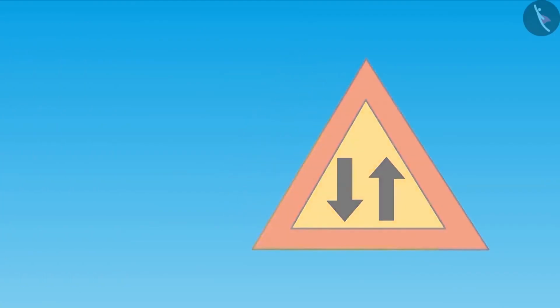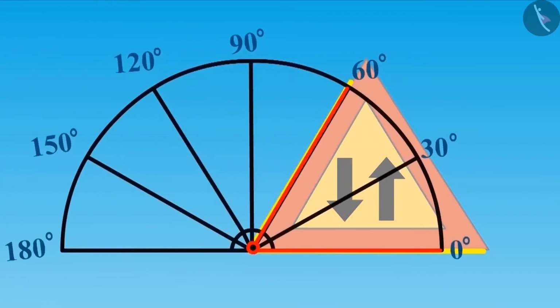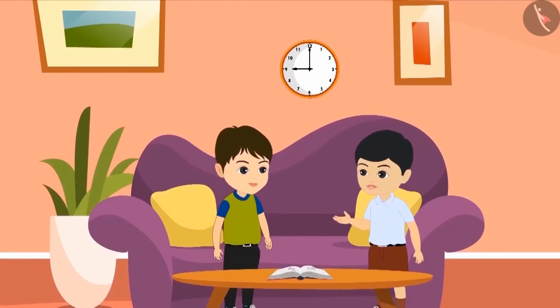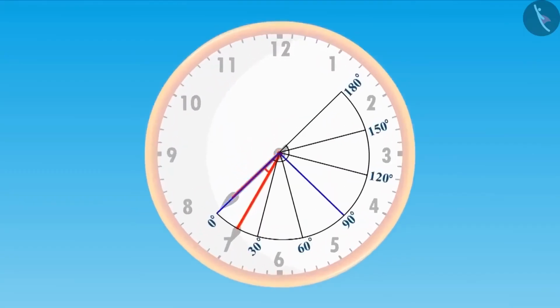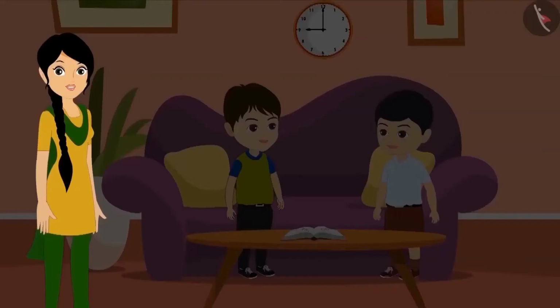Yes, look, its measurement is about 60 degrees. This game is really interesting. Now look at this angle formed inside the clock. Hey, this angle looks so much lesser than 90 degrees. Not just that, Golu, this angle seems to be lesser than half of 90 degrees. That is a 45-degree angle. Yes, Bholu, look at this. Its measurement is less than 30 degrees.